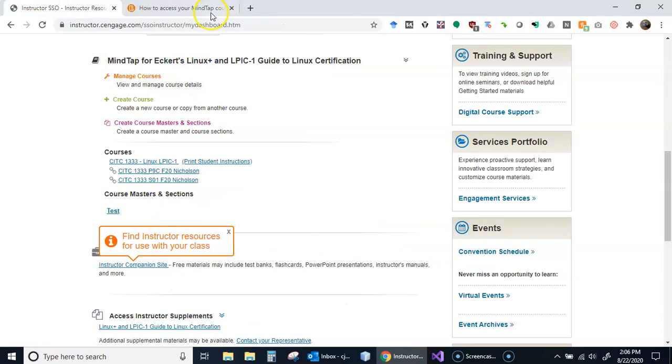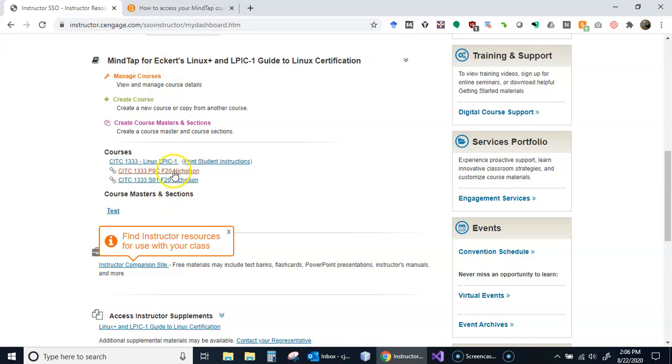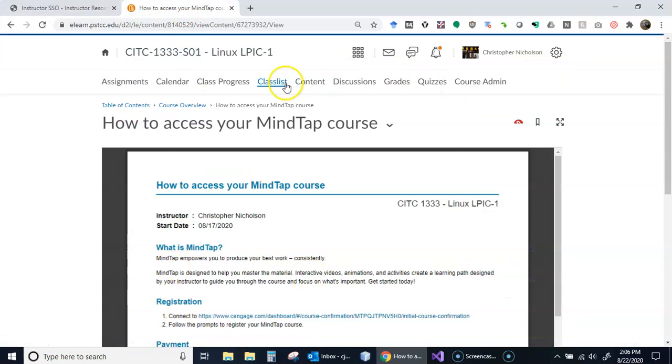The general practice to help you make sure you're doing it right: the problem is we don't want people doing work in P9C if they're actually in S01. So if you see something like this where you can go in directly, make sure you're in the right one. It's probably safest though that if you go to the content, for instance, and say that you're a student in S01 and not P9C,